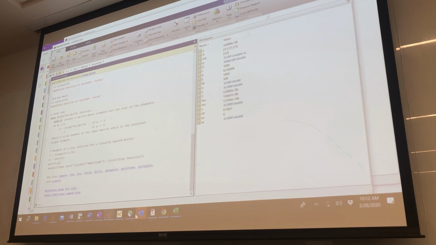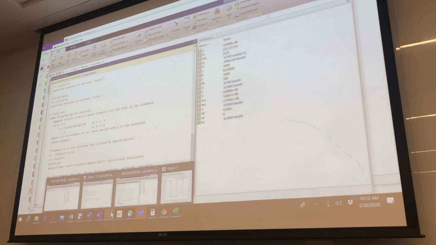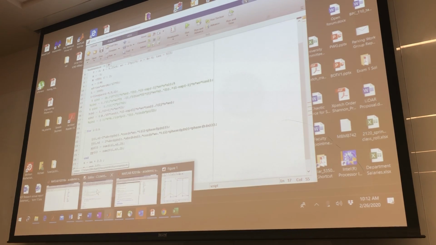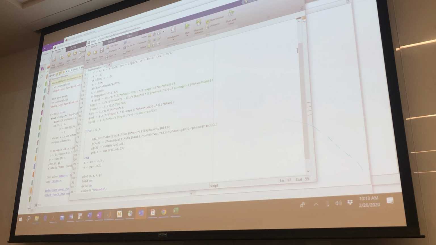So here, oops. This is the code, the basic code I gave you. Now what I'm going to do is this. I'm going to first comment out that H of n right here. If you want to comment something, you just put a percentage sign in front of it, and it acts like it's not there. It comments it out. Then I'm going to comment out this, that's the Y. And then I'm going to take this out too. So I'm first going to make sure that the original function,